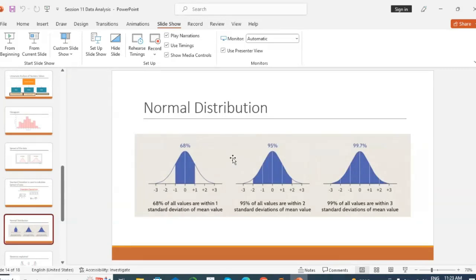The centered value means 50% of the data lies on the left side of the centered value and 50% of the data lies on the right side of the value. Mostly the mean and median are the same in a normal distribution. So here you can see